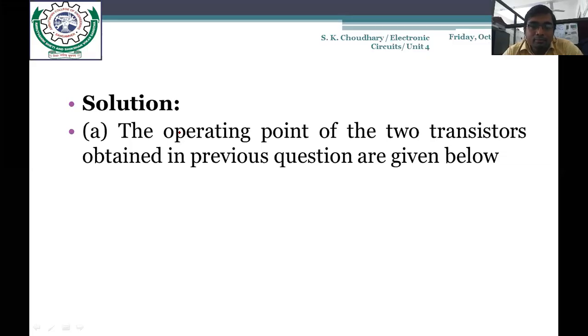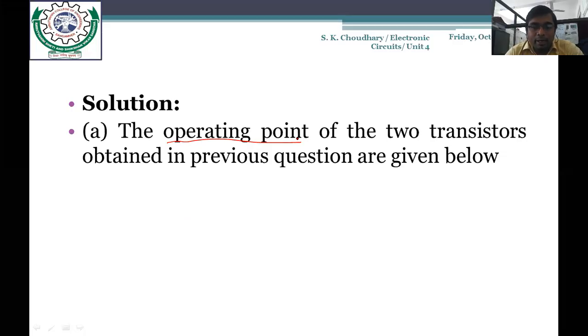So there are some methods and terms that we always have to remember. The operating point is a very common and most used term when you are learning any discrete component based amplifiers, meaning MOSFET based amplifier, JFET based amplifier or BJT based amplifier. And that comes out from the DC load line.